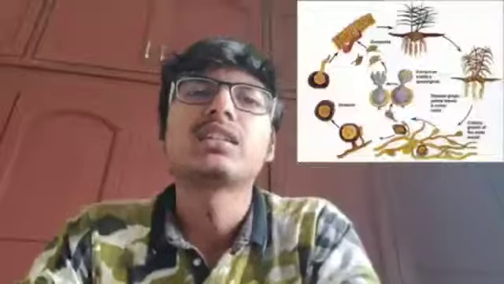Now let us see about the survival and spread of this disease. This fungal pathogen is mainly a soil-borne pathogen. This disease is already present in the diseased rhizomes and resting structures such as chlamydospores and oospores, which are spread to the soil through the infected rhizomes. This disease is favorable when the soil moisture is high and during the onset of the southwest monsoon, that is the rainy season. Now let us discuss the favorable conditions of this disease.